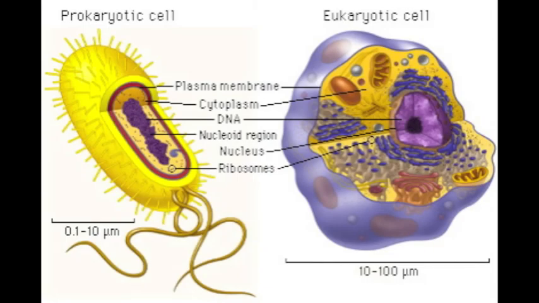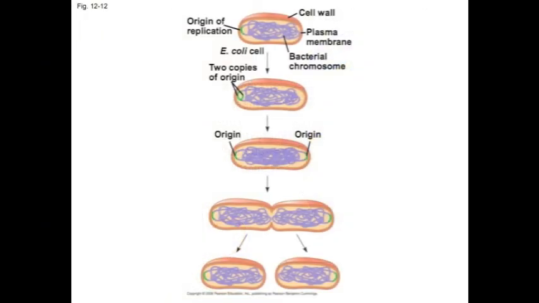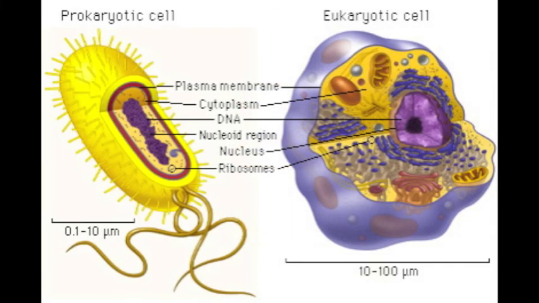There are two types of cells, prokaryotes and eukaryotes. Prokaryotes divide through binary fission, which is when genetic material is duplicated and cytokinesis happens, making two identical cells. Eukaryotic cells go through mitosis and meiosis. Somatic cells go through mitosis to create two identical daughter cells, while meiosis creates four genetically diverse daughter cells in